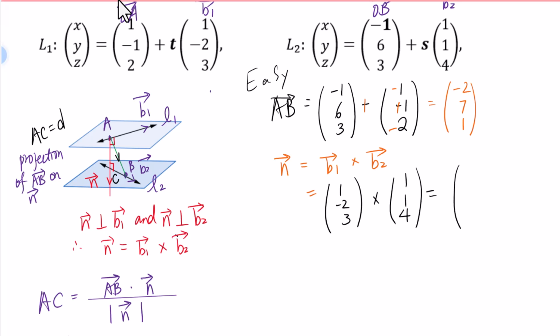Equals negative 2 times 4 is negative 8, minus 3, in parentheses because we make row 1, row 3 separated. 4 minus 3, then 1 minus negative 2. Change sign, we got negative 11,